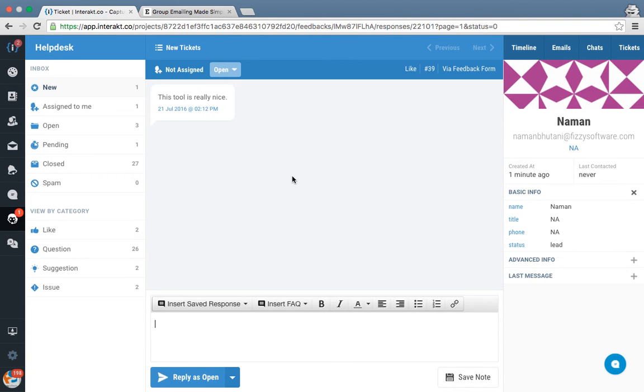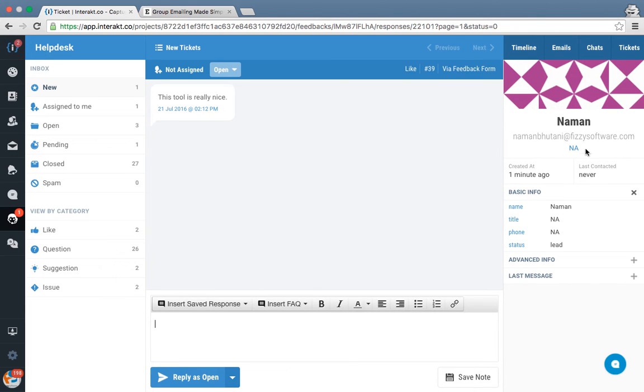You can also set autoresponders for your users and visitors whosoever fill in this feedback form. They'll receive an email with their ticket ID mentioned, and you can customize that autoresponder accordingly. I can show you how to do that. We'll take it later on. So this is how the help desk looks as soon as you start replying to a person.